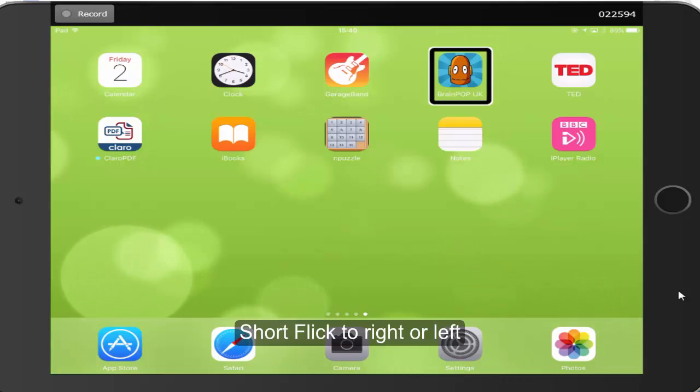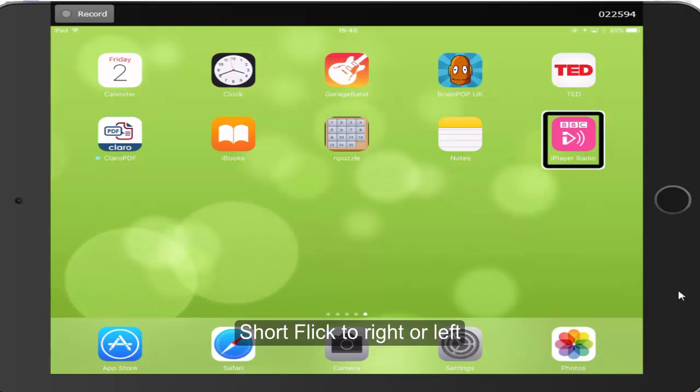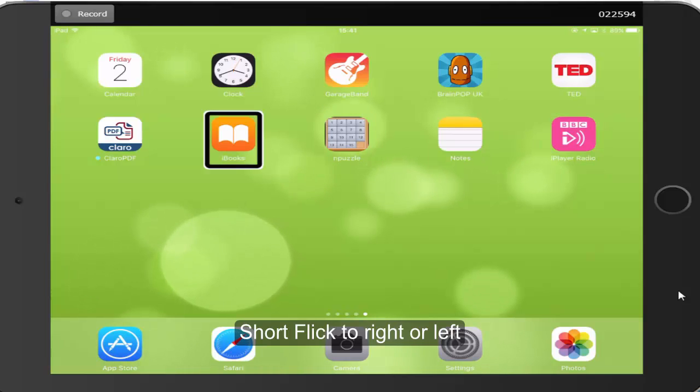GarageBand, BrainPop UK, TED, Claro PDF, iBooks, Puzzle, Notes, iPlayer Radio. So that was a flick to the right, flick, flick to the left, Notes, Puzzle, iBooks, Claro PDF, TED,